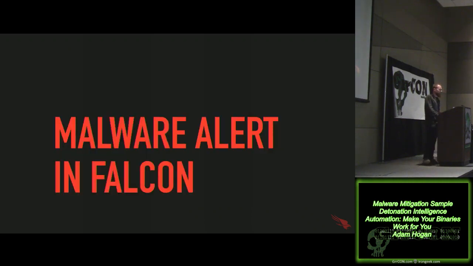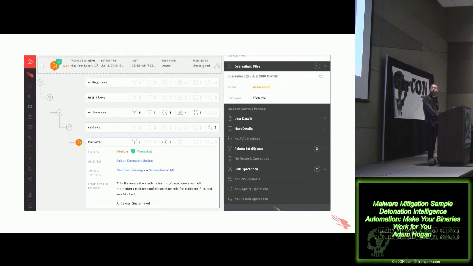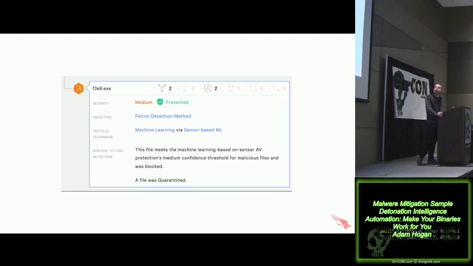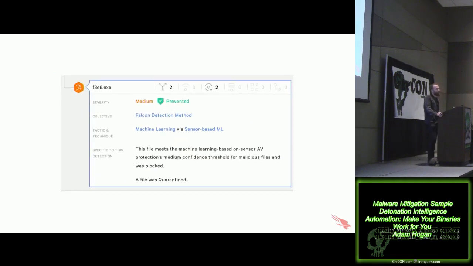So let's start by taking a look at what would be in the day in the life of an analyst, and see, okay, what would this alert look like in CrowdStrike's Falcon console, which normally will give you, in the process tree here, we can see someone fired up command.exe and then tried to run this malware. Now, if you've ever seen a standard CrowdStrike demo before, what we would do then is, on the right-hand side, drill into some forensic data. Show you what files were read and written, and what network connections were made, and I don't have any of that information. And we take a look at the alert, it actually tells us that machine learning has identified this as bad.